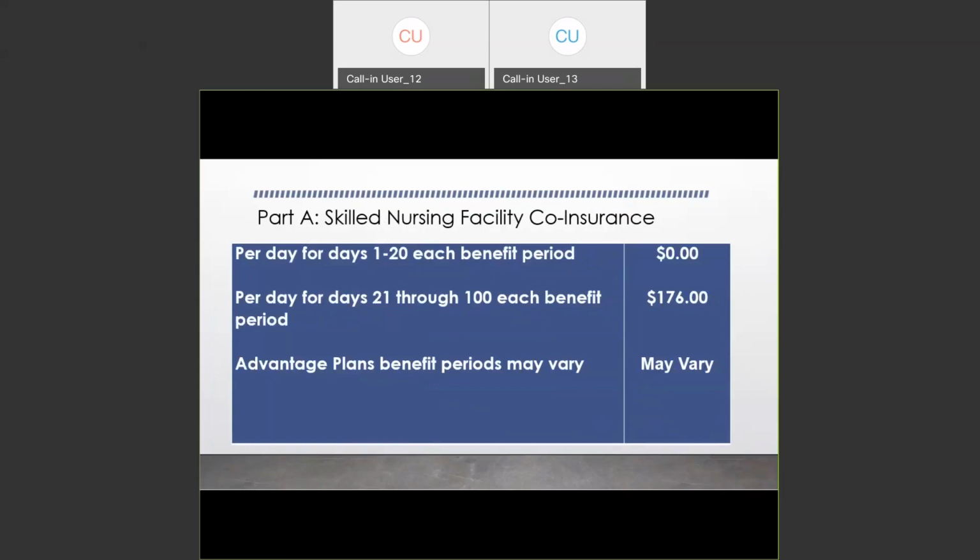So if someone goes into the hospital and we know that they have fulfilled their hospital stay to receive skilled nursing care, if that has occurred, then they can use their Medicare benefit for skilled services. If you're in Original Medicare, the first 20 days of skilled nursing is at $0 coinsurance. On day 21, that coinsurance or copay is $176 per day, and that's through day 100. After the 100th day, Medicare no longer pays for that skilled service, and that Medicare beneficiary becomes 100% private pay